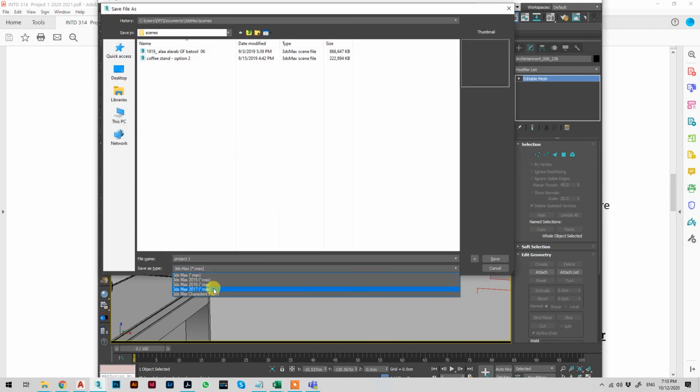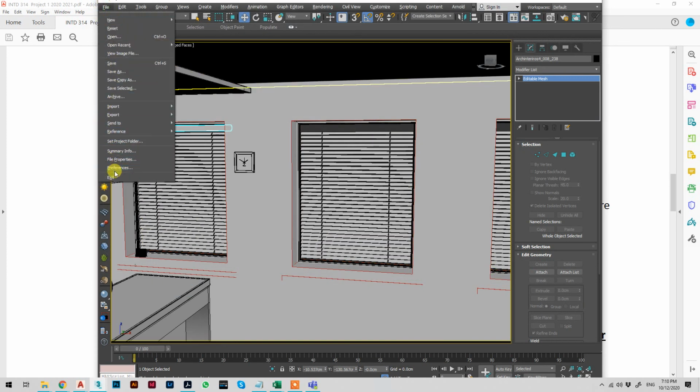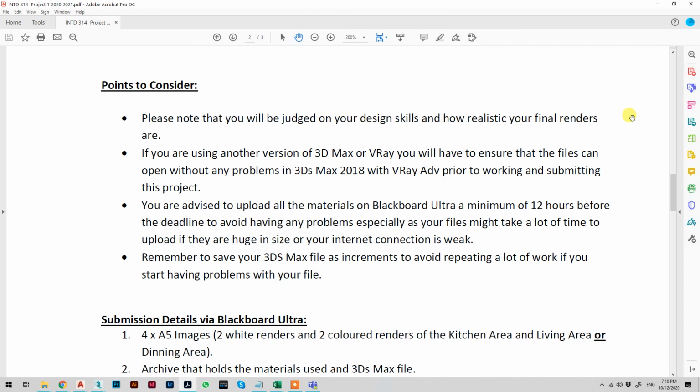So for example, 2017. Then go to File and Archive and save it, and then attach both plus the 4 images for your render, which means you have a total of 6 files instead of 5. Okay, and always make sure that everything you can open without any problems in 3D Max 2018 prior to working